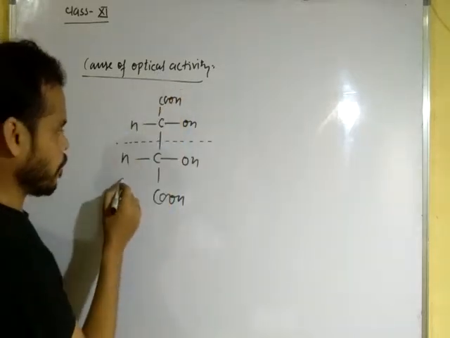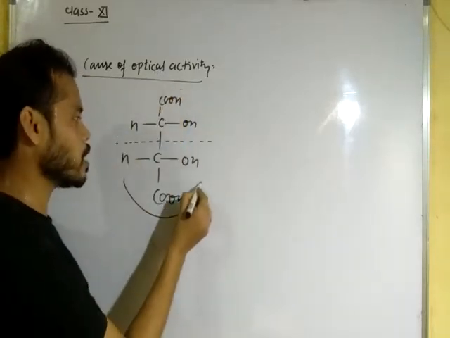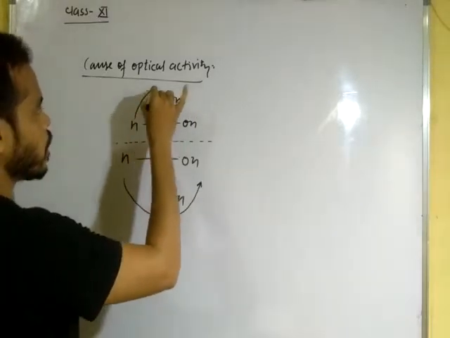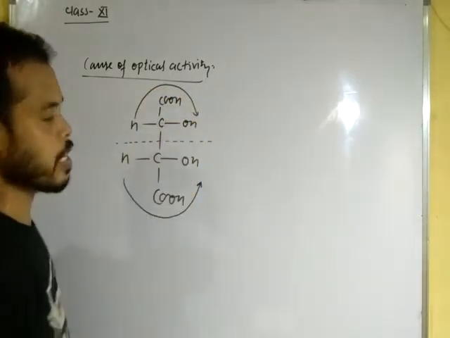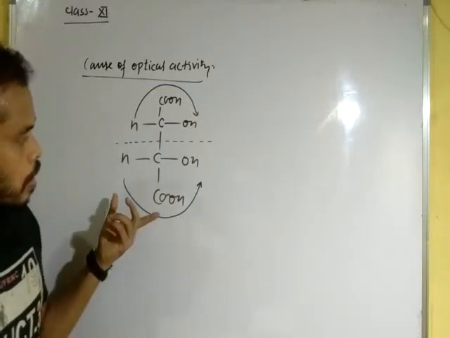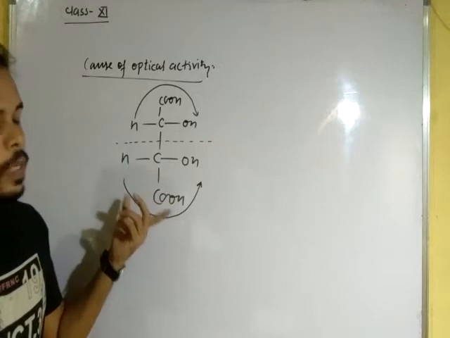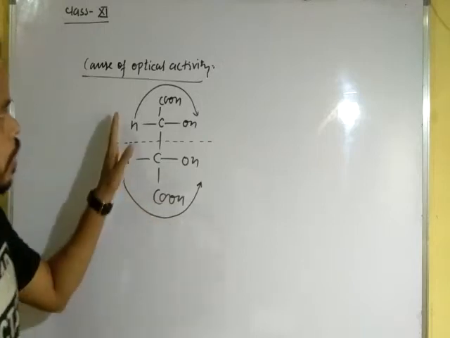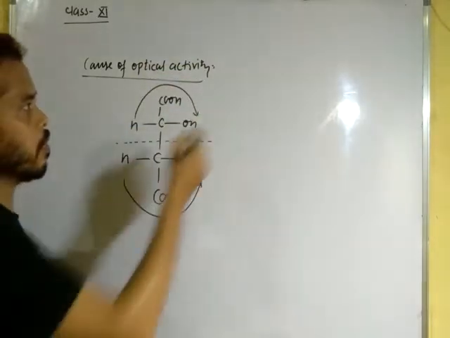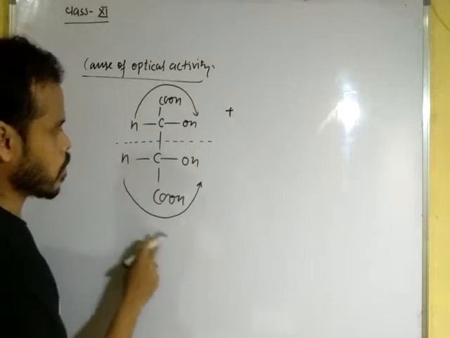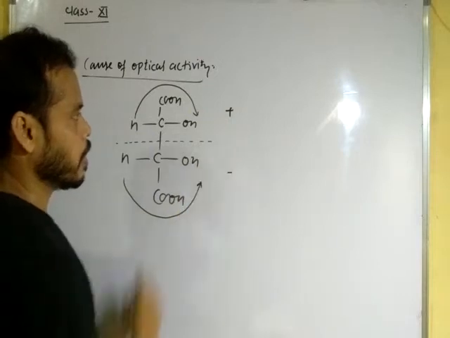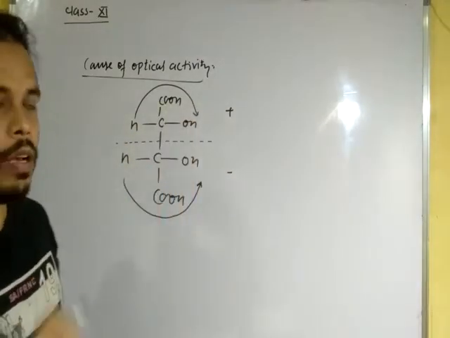That means if it rotates the plane polarized light in the anti-clockwise direction, then the other half rotates it in the clockwise direction, and the total rotation should be 0. One rotation will be positive, while the other will be negative. Both are equal, but